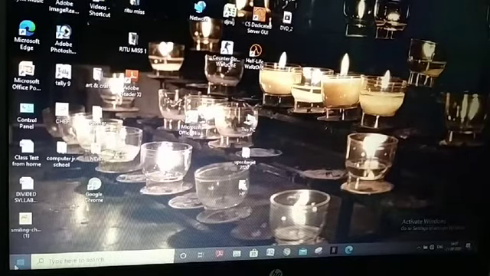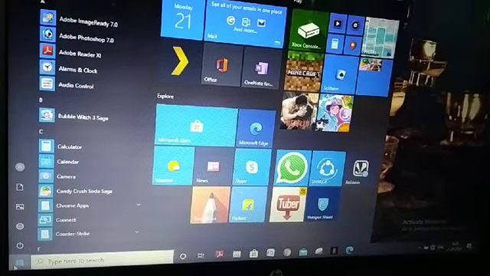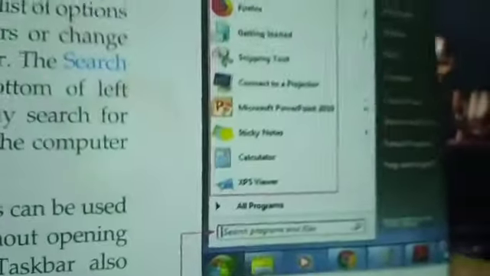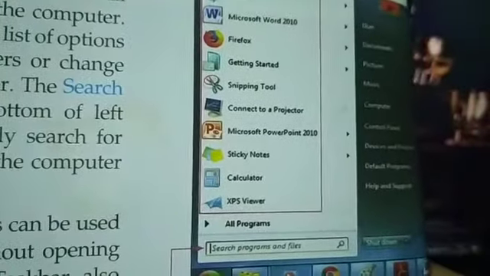When I click here, this is the start menu, but this is Windows 8, so there is a difference. This is a different window. Windows 7 shows us this start menu.